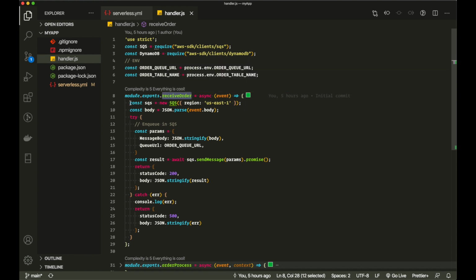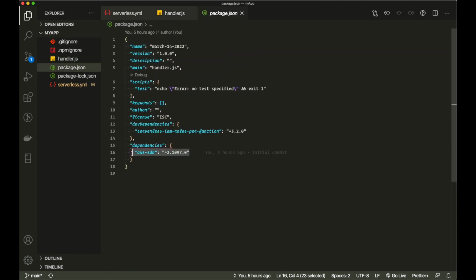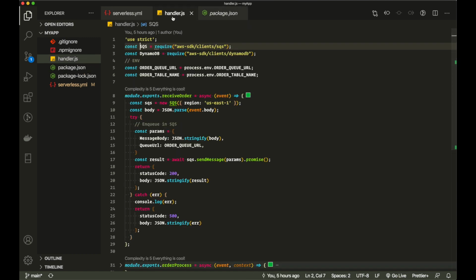So that's why I'm first creating an SQS queue instance from the AWS SDK. You see up here, I'm requiring aws-sdk/clients/sqs. And by the way, guys, I'm still using AWS SDK version number 2. If you go to the package.json file, you can see I'm using AWS SDK version 2. And while we are here, I'm also using the serverless-iam-roles-per-function plugin to give function-wise permissions, as you have seen in the serverless.yaml file. Getting back to the handler.js file,